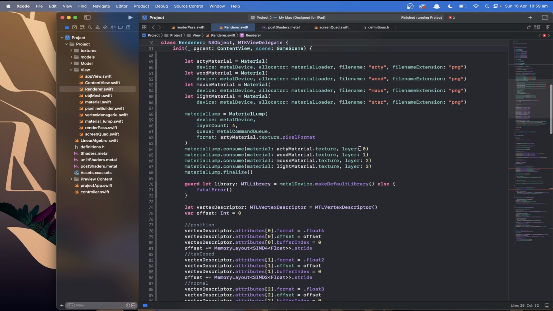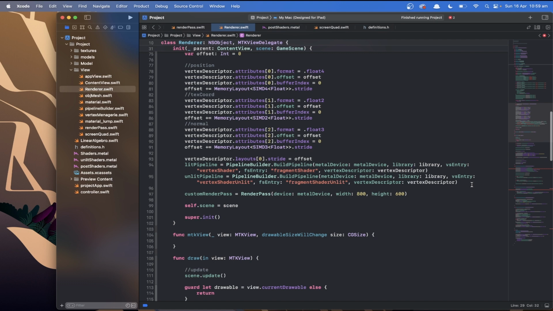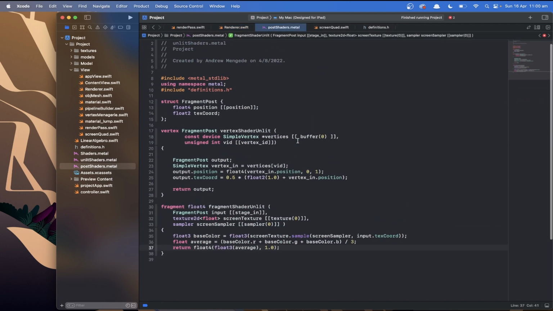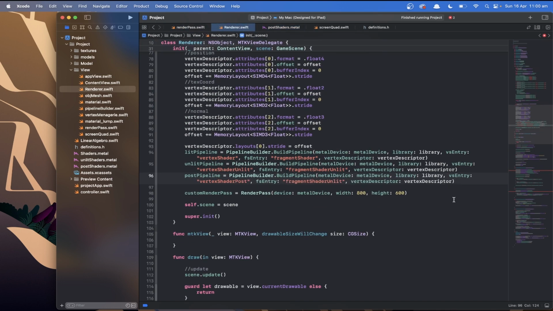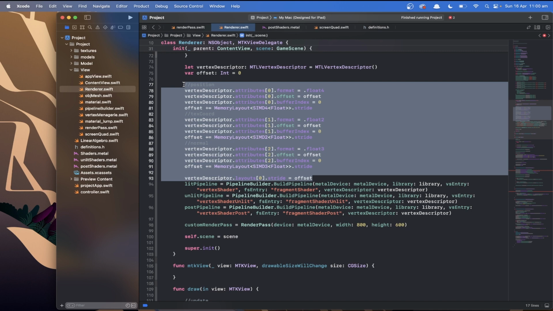Okay, so I'll just go down to the pipeline stuff. There we have it. I should probably rename that, so I'll just go to the post shaders and we'll have vertex shader post, fragment shader post. And I'm just going to also create